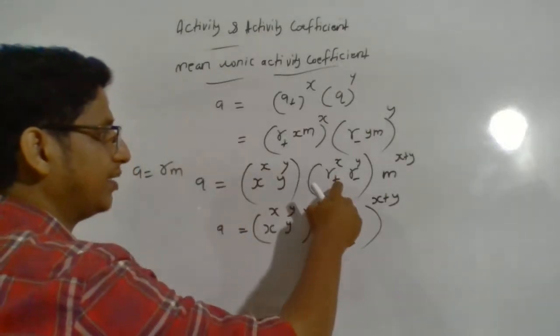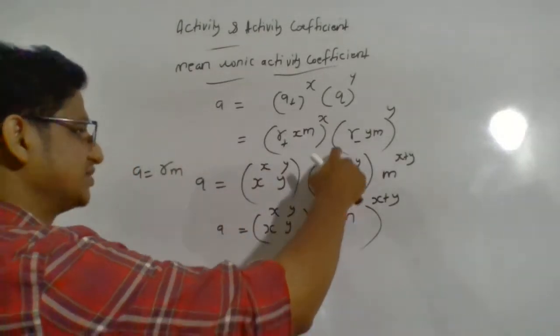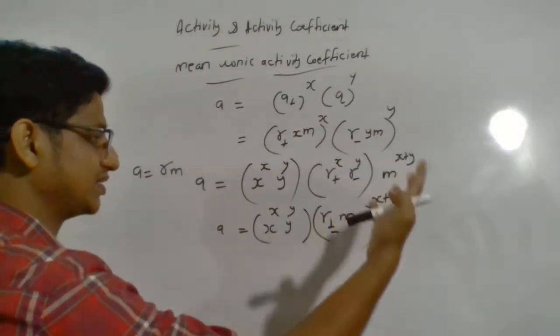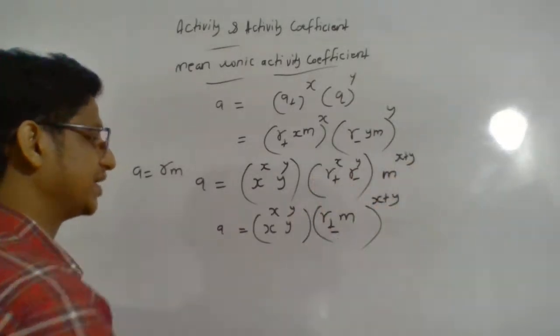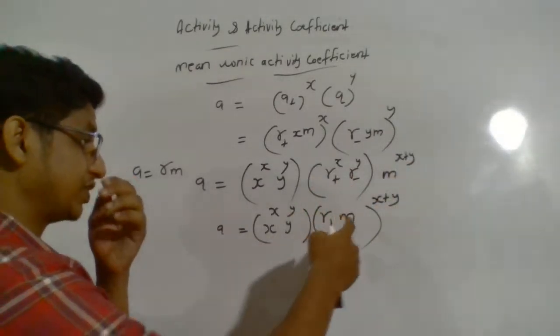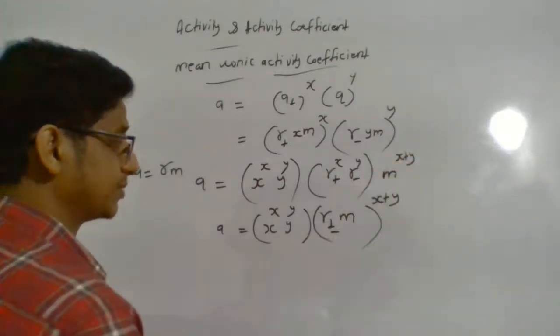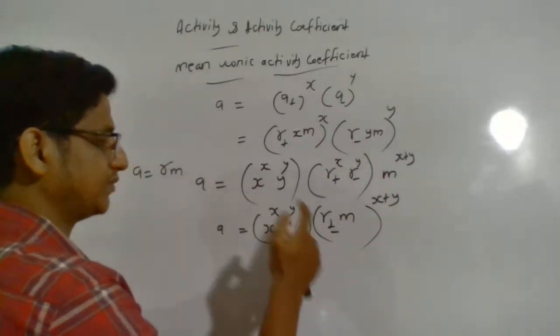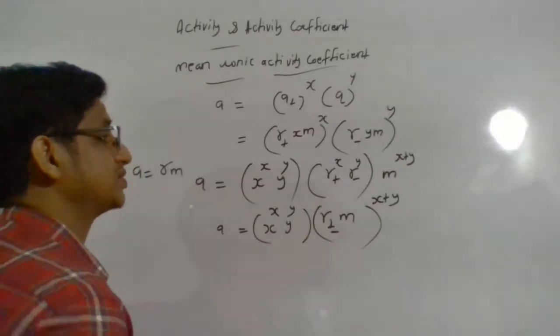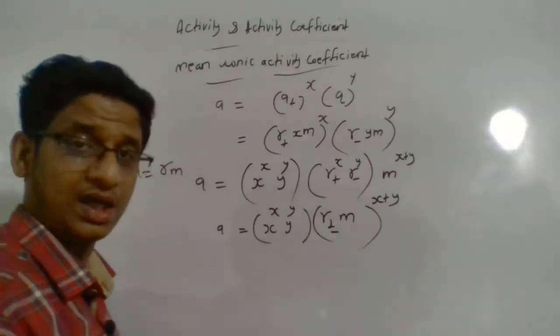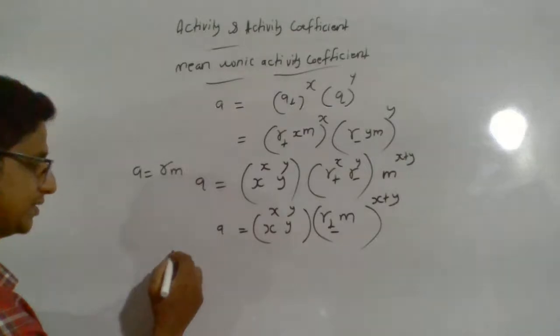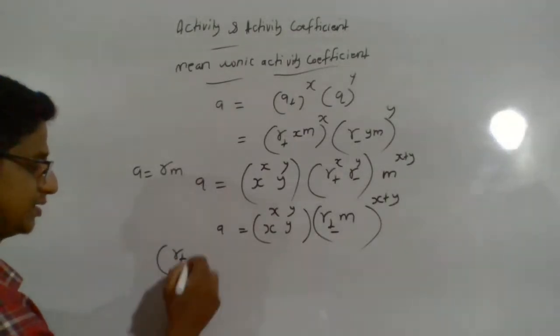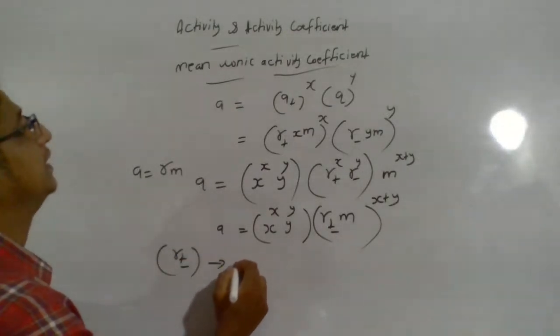So gamma plus raised to x into gamma minus raised to y is nothing but gamma plus or minus raised to x plus y, and m raised to x plus y. I just combined that. a is equal to x raised to x into y raised to y into gamma plus or minus m raised to x plus y. Now that term gamma plus or minus, that we will call